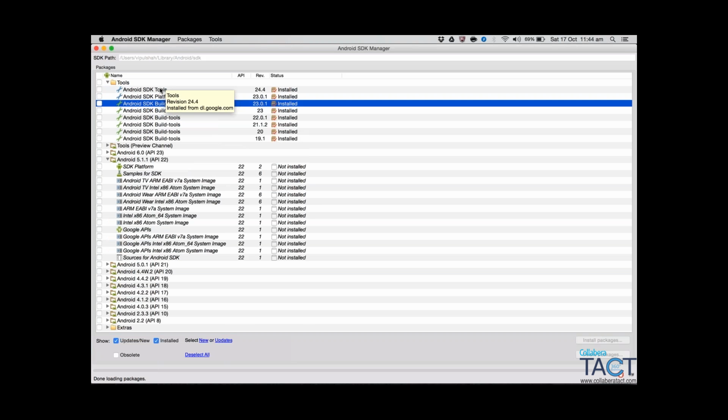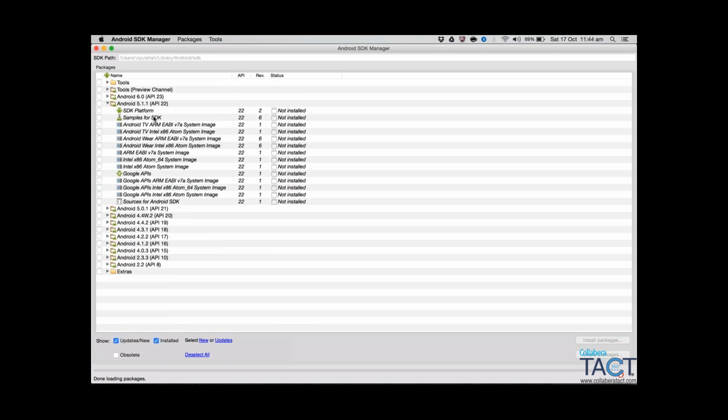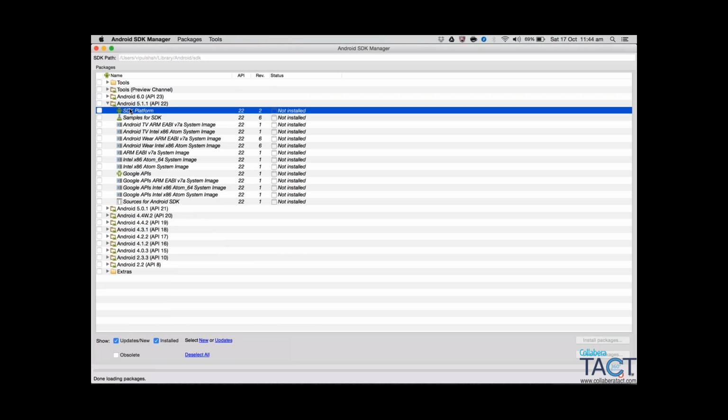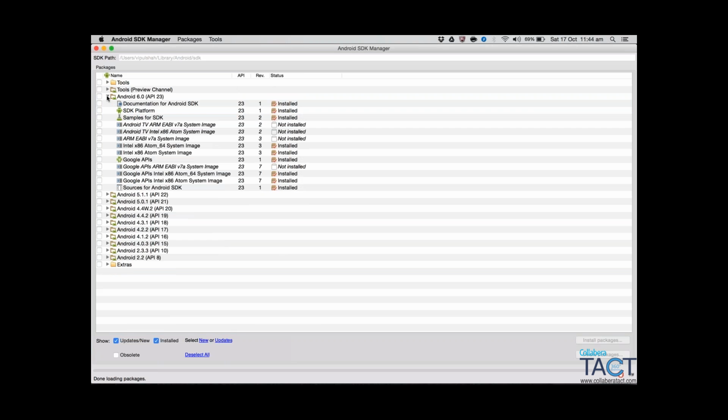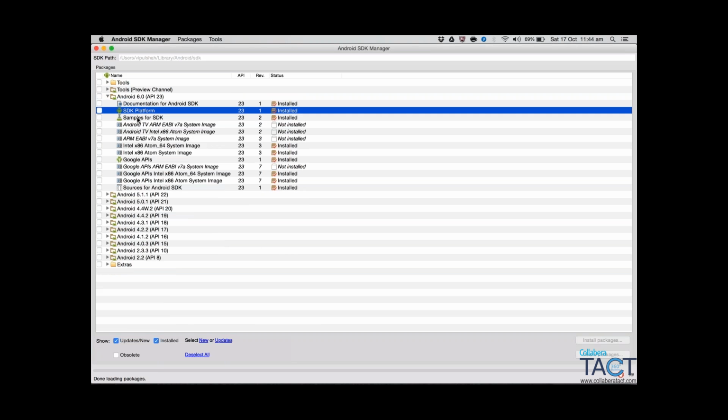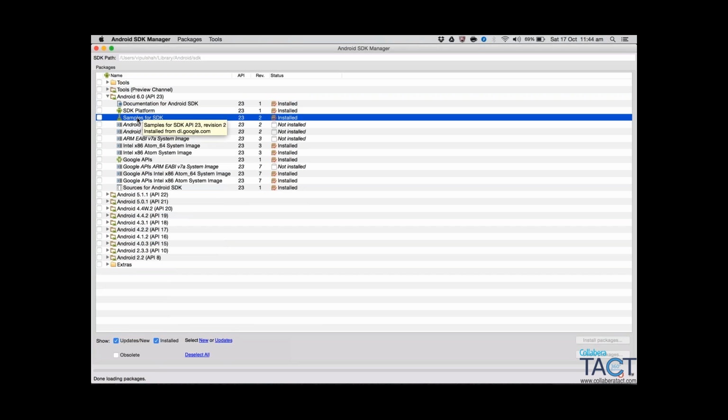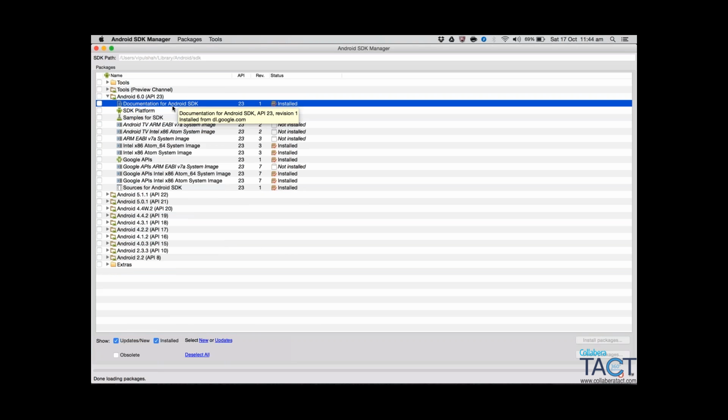Then you are having the latest Android SDK platform. So the latest SDK platform is 6.0. So we have to make sure we are having the documentation, SDK platform, and we are also having the samples installed. Okay. So documentation is something, so whenever you are creating an application and if you have a doubt about